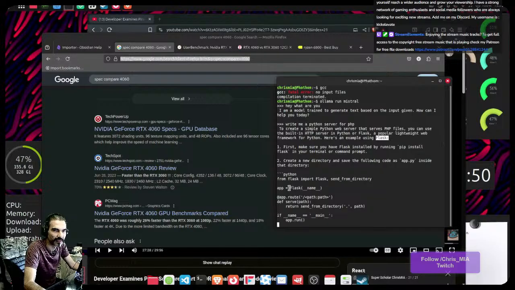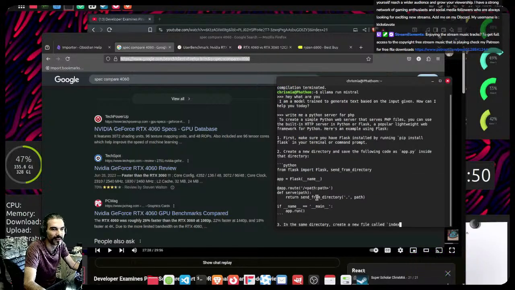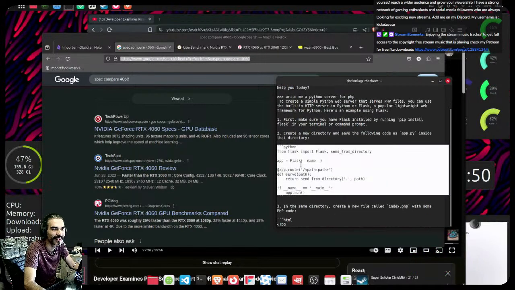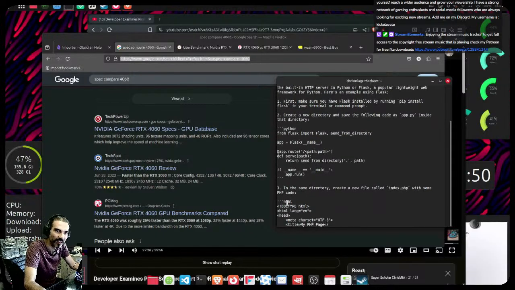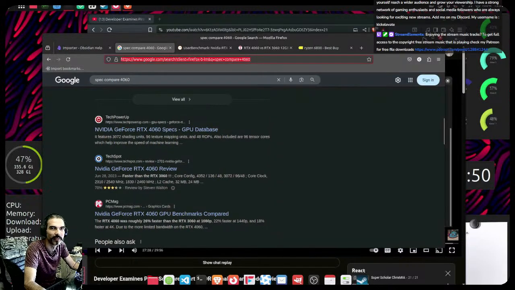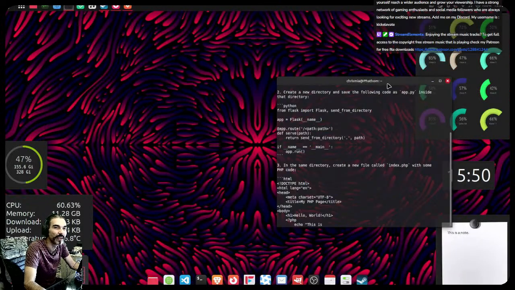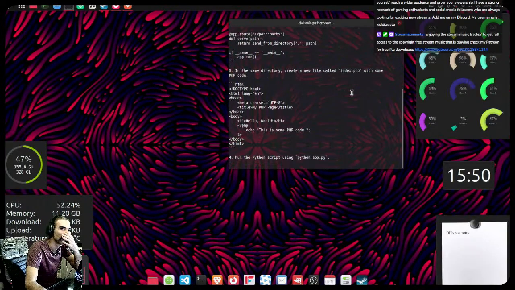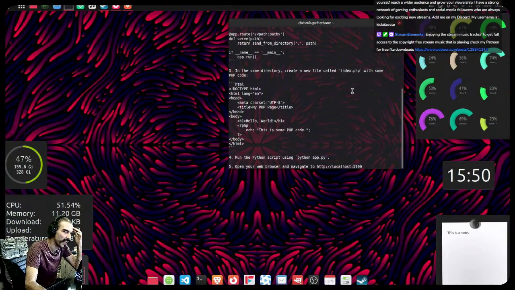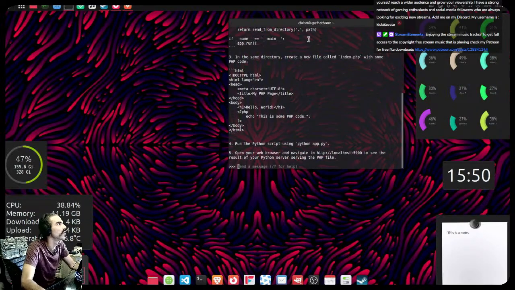You import Flask, you create the app, there's your process. Look how quickly you can set up a local PHP server with Python. And then you can create the document. Now it's actually making my document for me. This is why we've got to use AI as a tool to help us expand our abilities. Right. And you don't have to buy AI. It's like water nowadays.